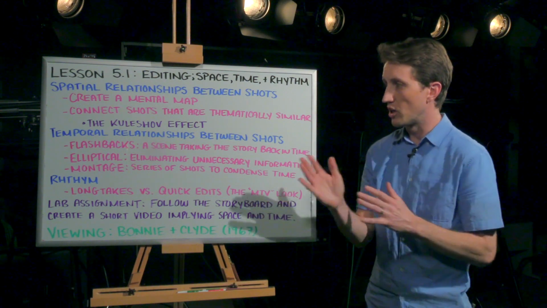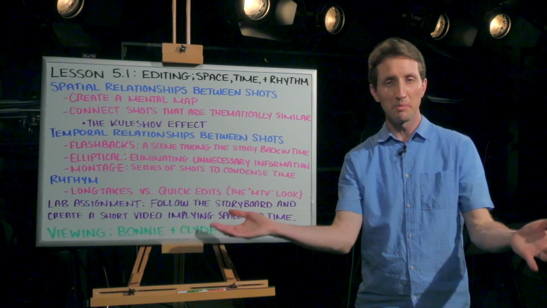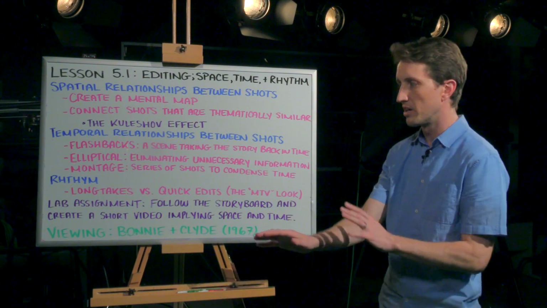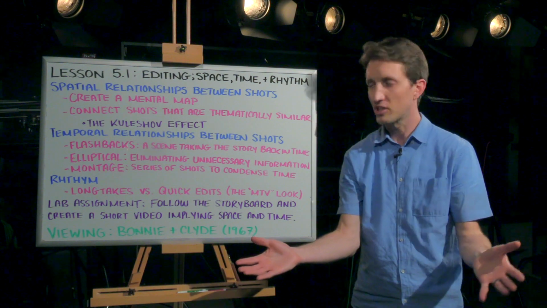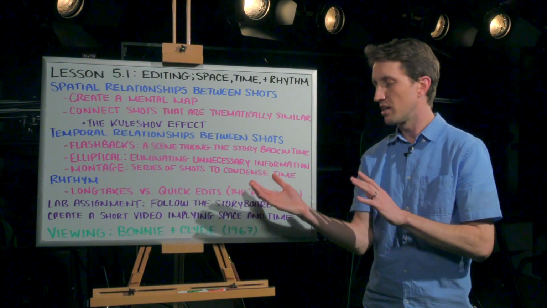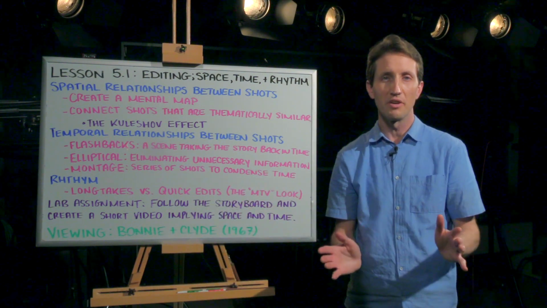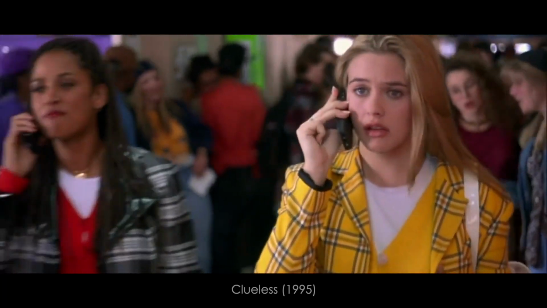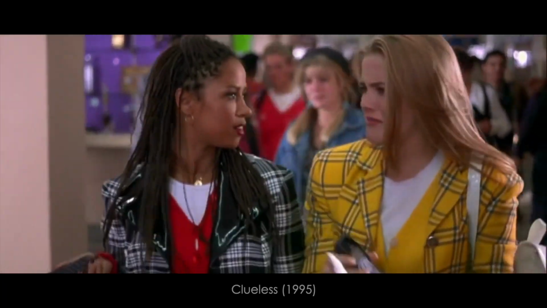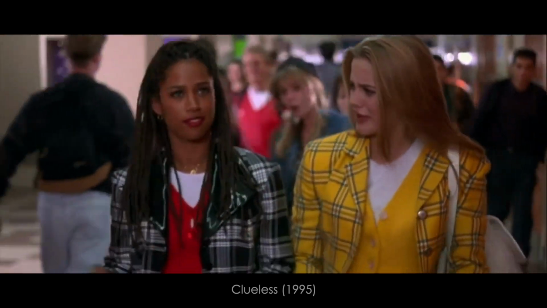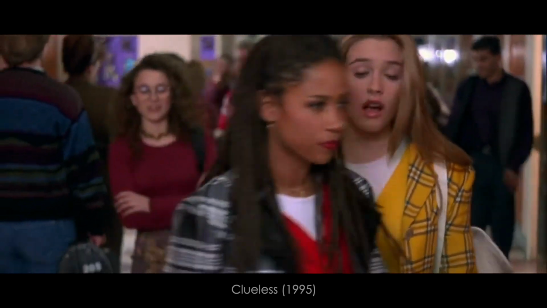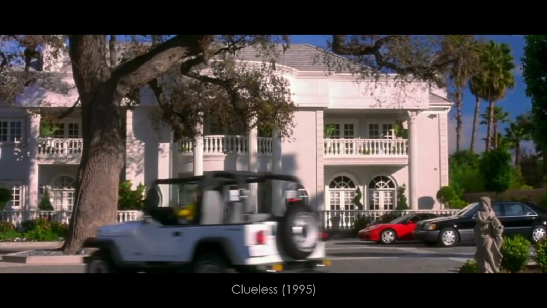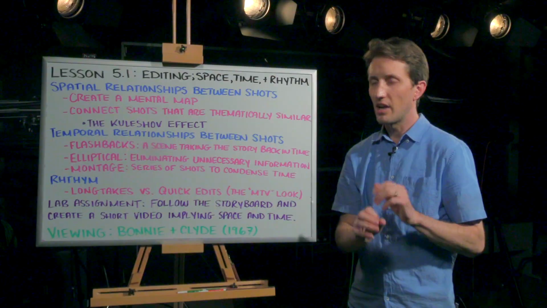All right. You can also use elliptical editing. Now, this is another term that we talked about way back in Unit 1, but it's worth refreshing. All right. The elimination of unnecessary information. Let's take a look at this example from Clueless. We see young Cher walking through the hallway at school. She meets her friend Dee. They're having a conversation, and now we cut to this exterior shot of Cher's house, and the audience just gets